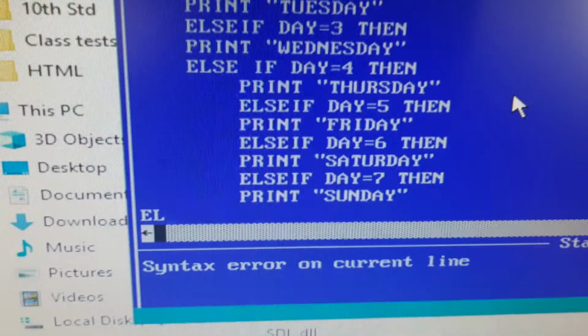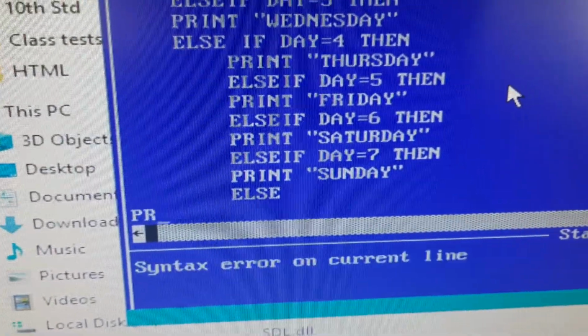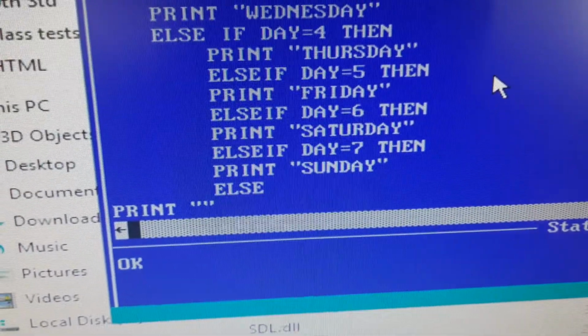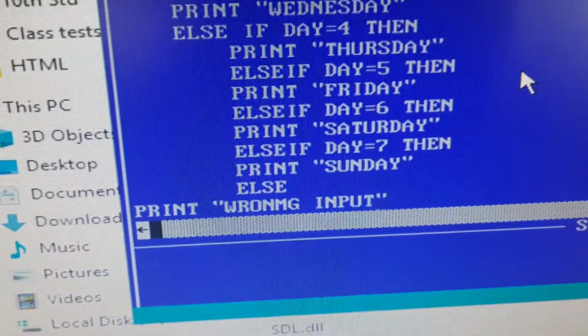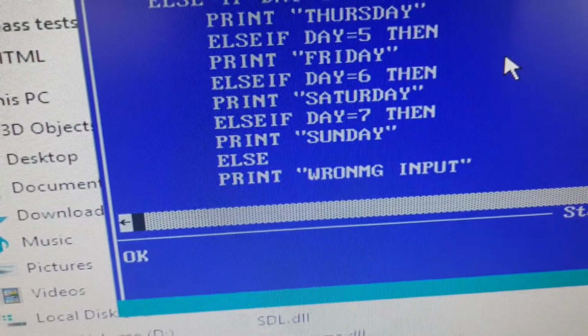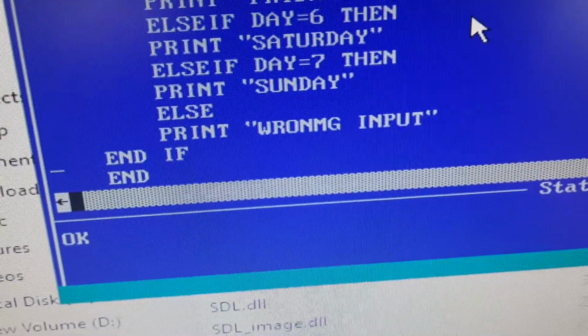If no condition is matched, then else print wrong input. End if.